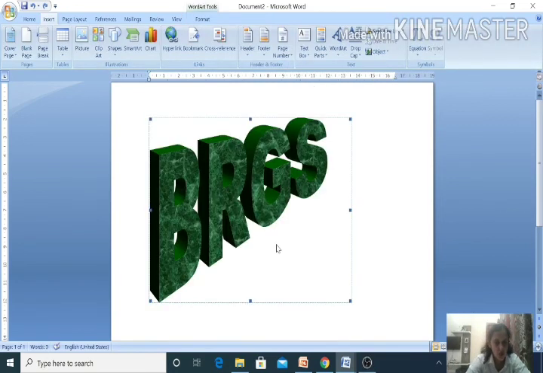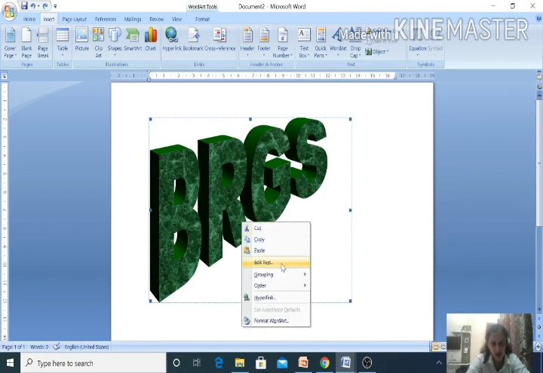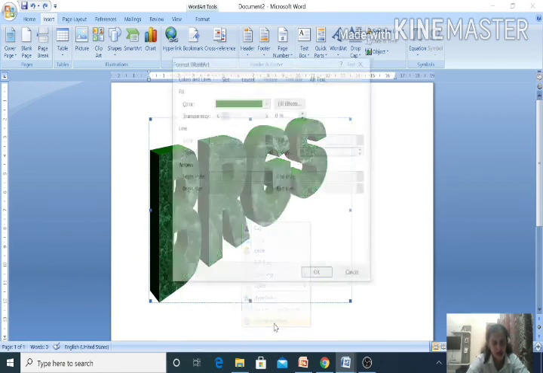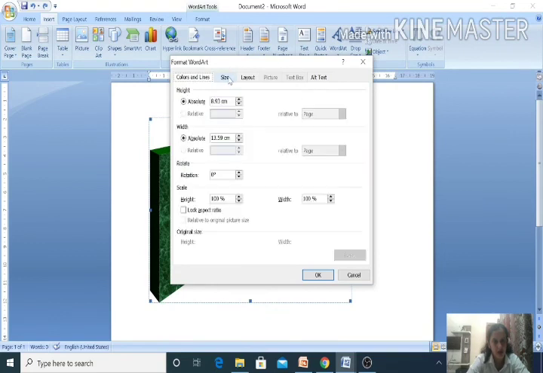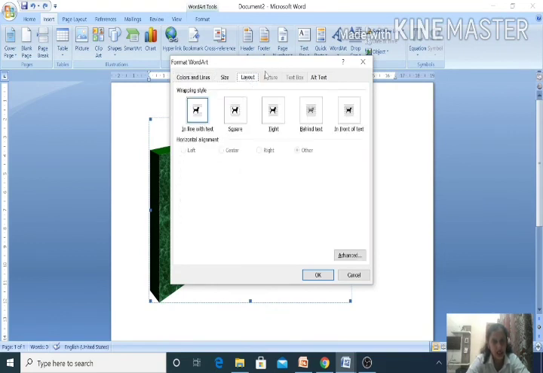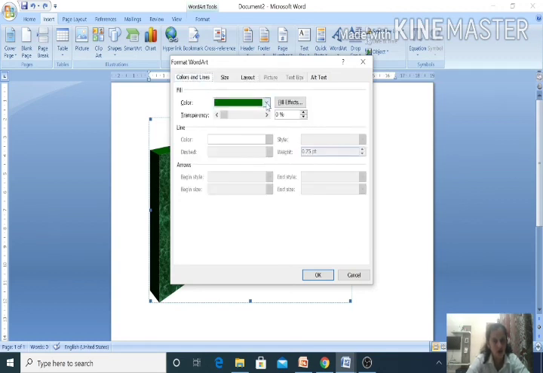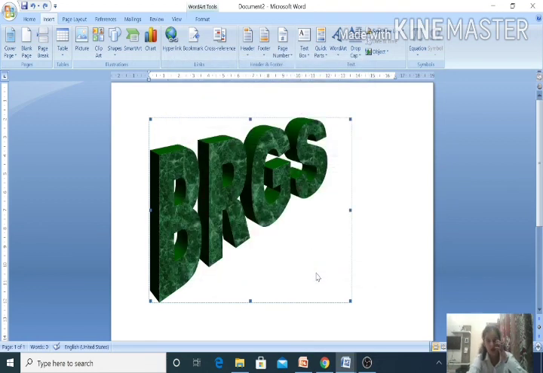Same way as you can see the text is written and you want to apply any kind of formatting effect into this. You right click on this, format word art option is there. From there you can change the size, layout, picture, whatever you want to use you can use from there. You want to color it, you want to give effects into this, whatever option you want to change in word art you can use from here. Then you have to click on OK tab.